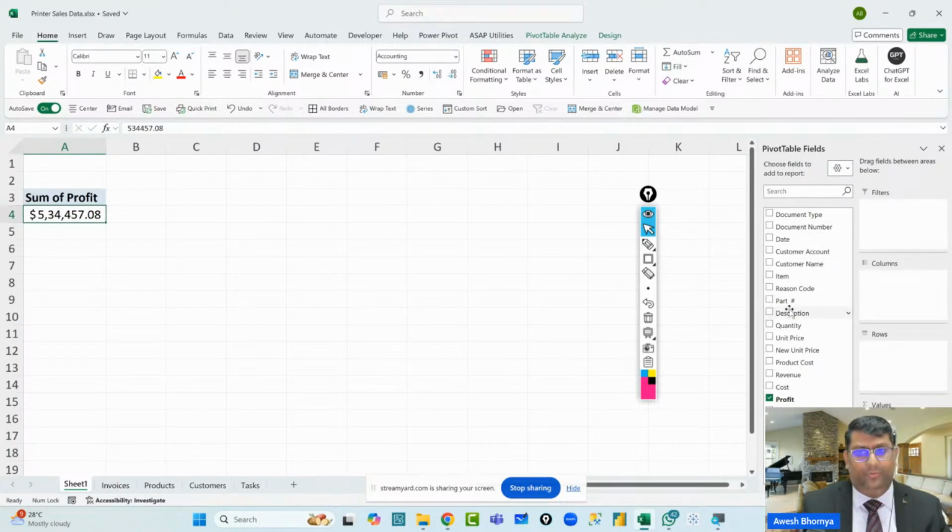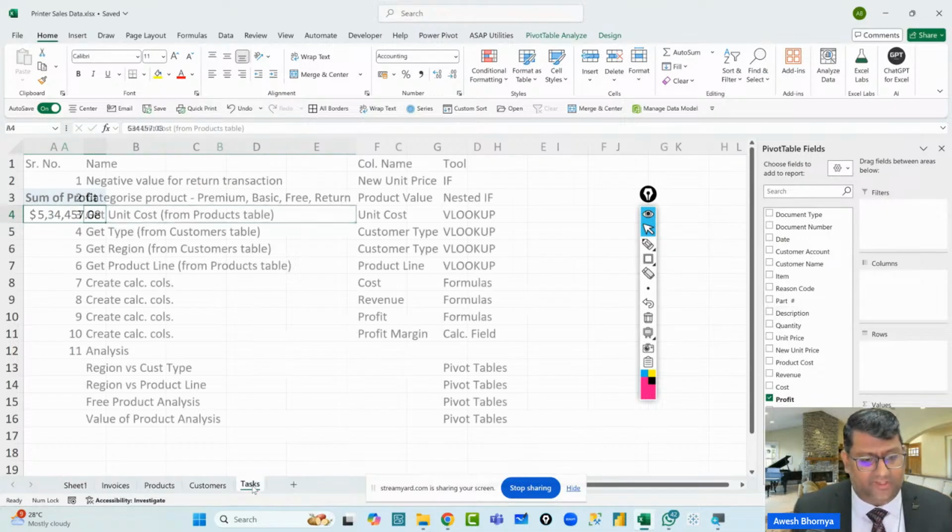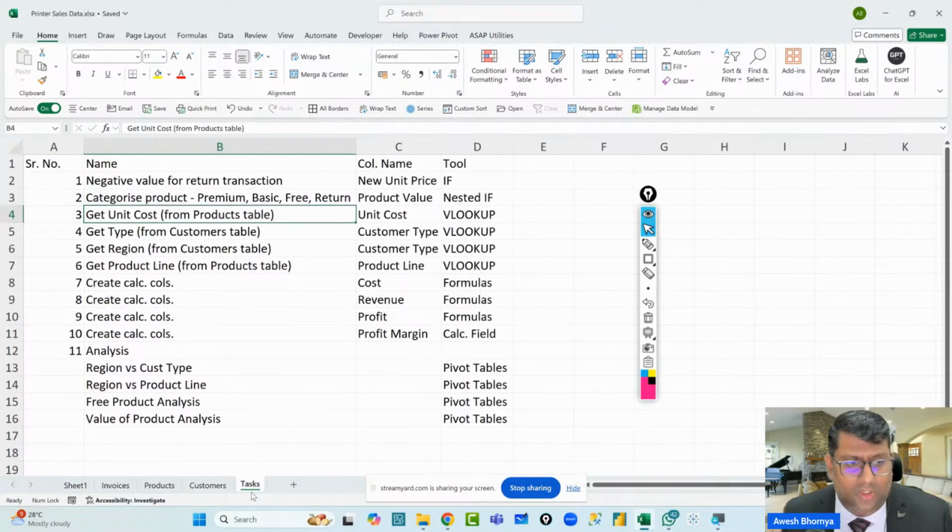But that's not my objective, because my objective here is to perform an analysis on which is the region that's making the maximum money, which is the state that's making the maximum money, and what are the freebies that are handed out to the customers, etc. And finally, you also would want to see a value of product analysis, where you would do free product analysis, and so on and so forth.